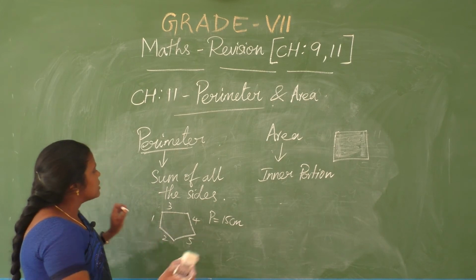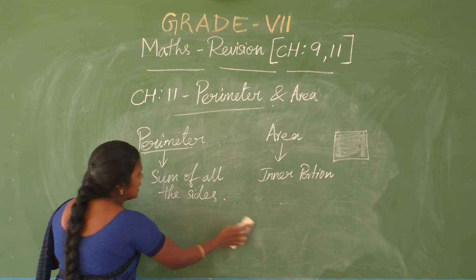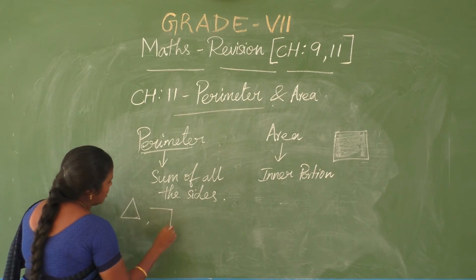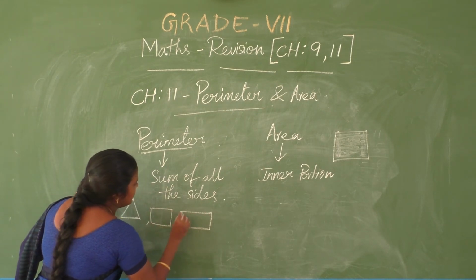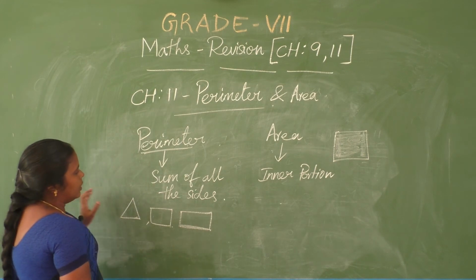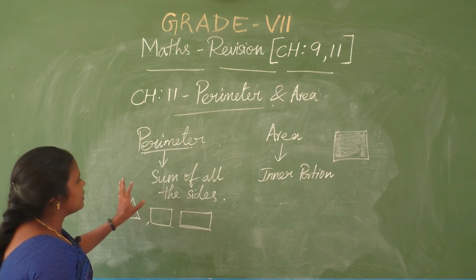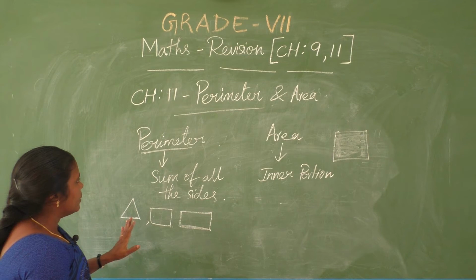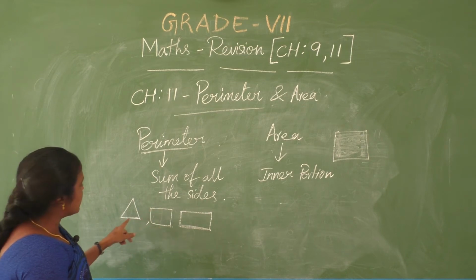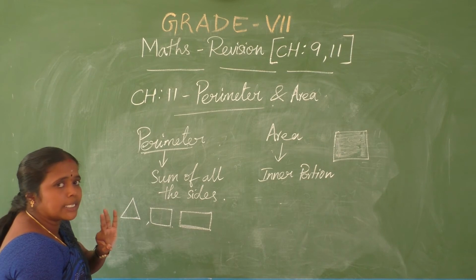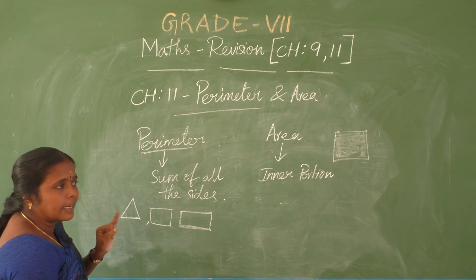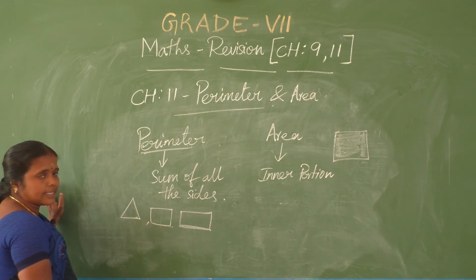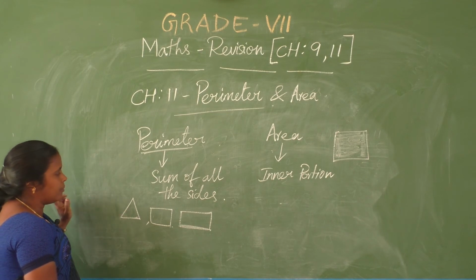This is general. Suppose regular shapes like triangle, square, rectangle have some measurements. If they ask the perimeter, what to do? There are some formulae. For a triangle generally, perimeter means the sum of all the sides. In the triangle category, you have classification according to the sides: scalene, equilateral, isosceles. For scalene and isosceles, you can just add the 3 sides. But in an equilateral triangle, there is a formula.